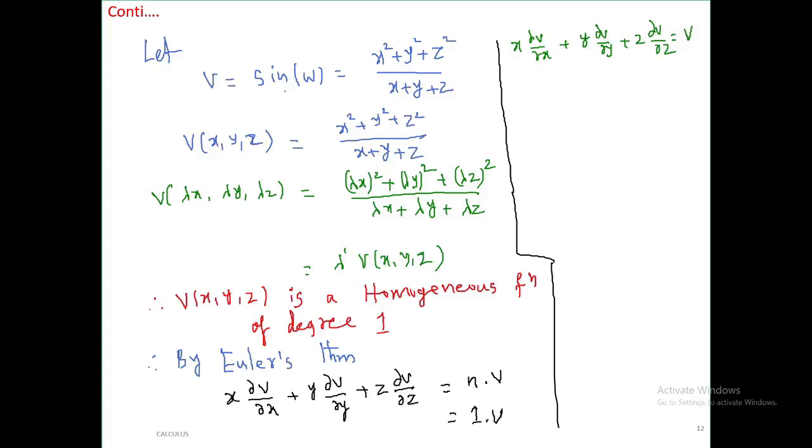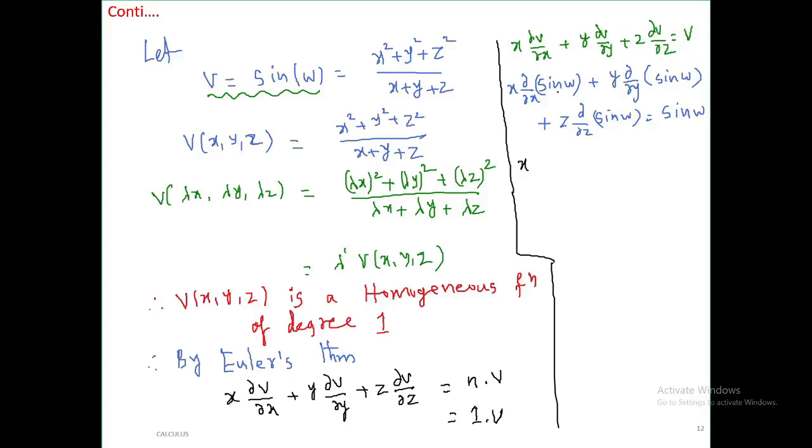Therefore what is v value here? Look at this, v is nothing but sin w. Therefore substitute here, so x into dou by dou x of v value sin w, plus y into dou by dou y of sin w, plus z into dou by dou z of sin w, is equal to, n is 1, so v is equal to sin w. Okay, now let us simplify. So x into